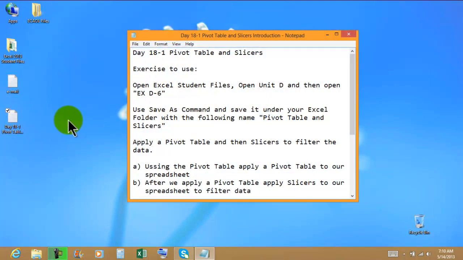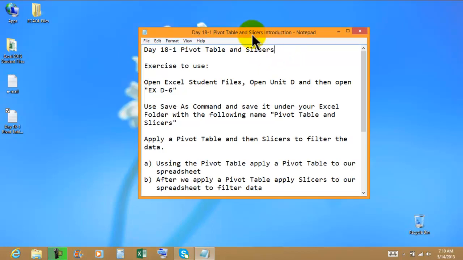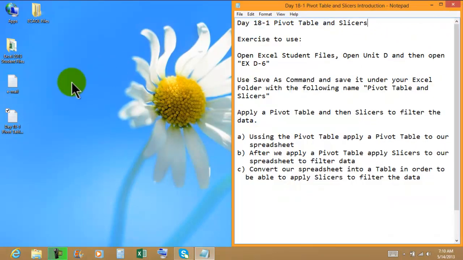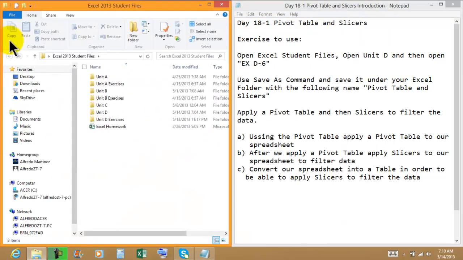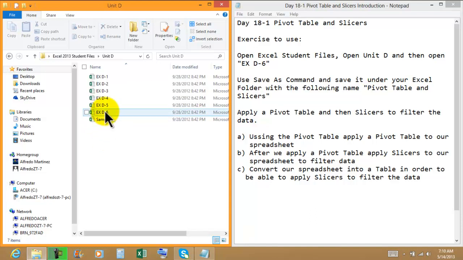Today is day 18.1. We're going to be getting into the pivot table and slicers. Let me snap this window to the side, open my Excel student files, and we're going to be using Unity. There's EXD6,